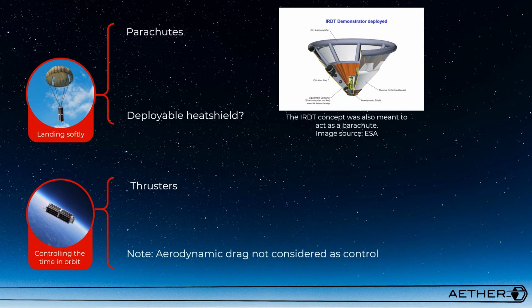Using aerodynamic drag to deorbit, as seen in the Karman satellite and with the exobrake concept, is here not considered as a solution to offer precise control, though it can be used to shorten the overall time in orbit. This is because of the difficulty in predicting the drag. Note, of course, that the use of drag in general is only possible in low orbits, where there is still